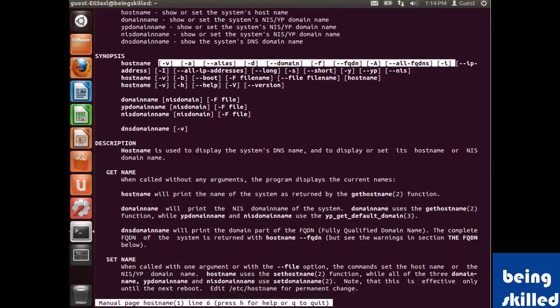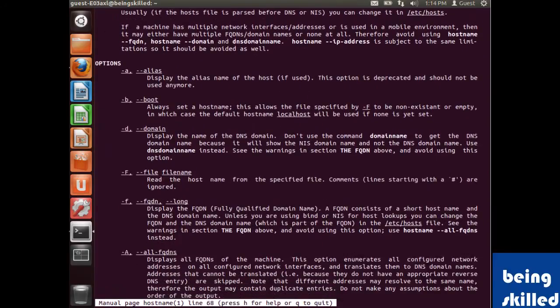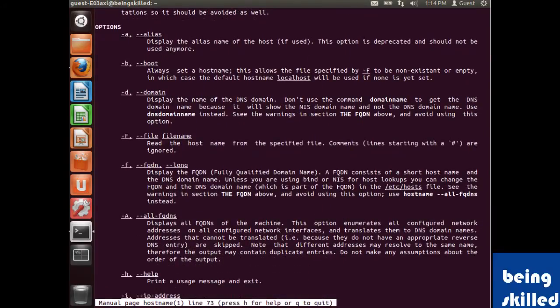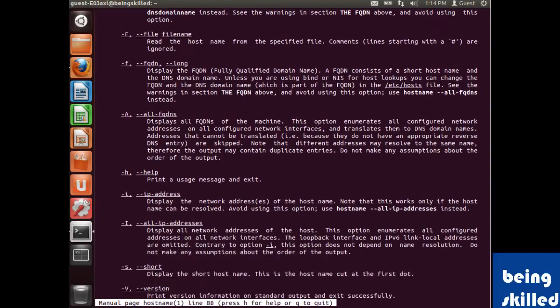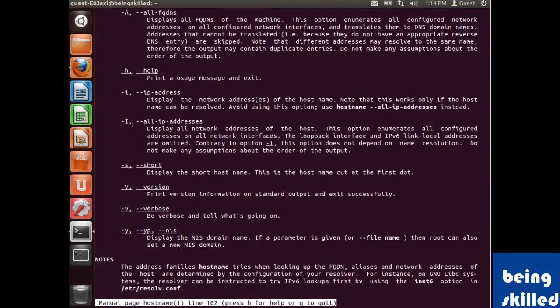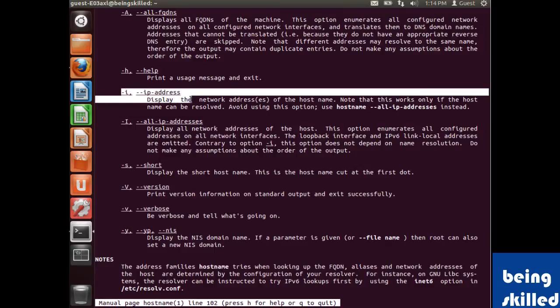To see what exactly they do: -a basically displays the alias name of the host. -b sets the host name, while -d displays the name of the DNS domain. One of the very frequently used options is -i, which basically displays the IP address of the host name or the machine.